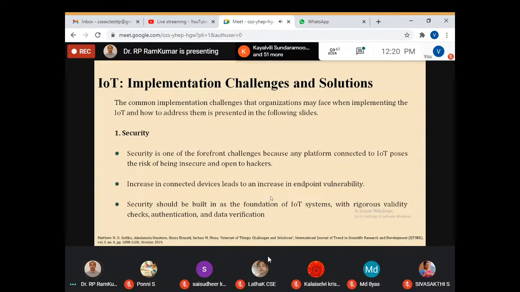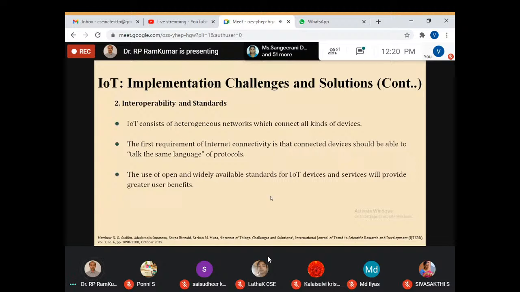The first and foremost is security, because ensuring security is a very major problem. It has to be ensured without any compromise. The second one is interoperability and standards. As one example, when you go to the market, either online or offline, and purchase a USB mouse, a USB keyboard, or a simple USB-based webcam, you just connect it to the CPU directly and it starts working, right? The same thing has to be done with all the data storages and the sensors being deployed